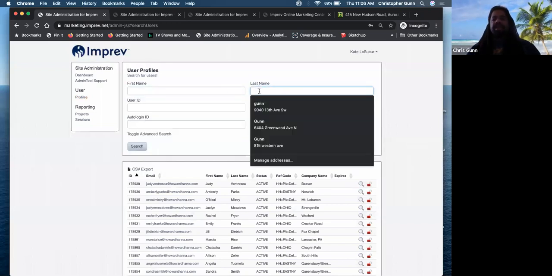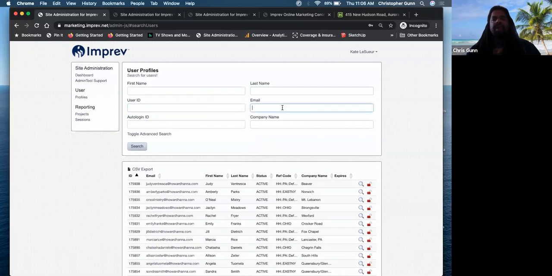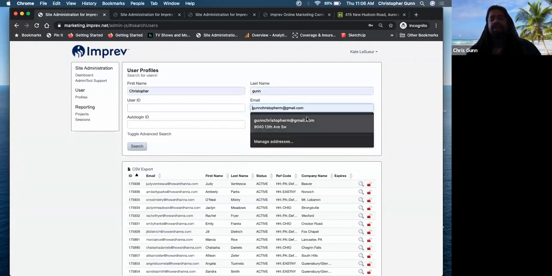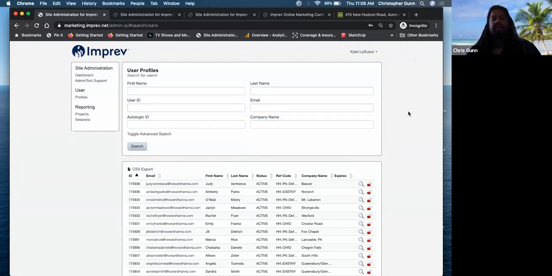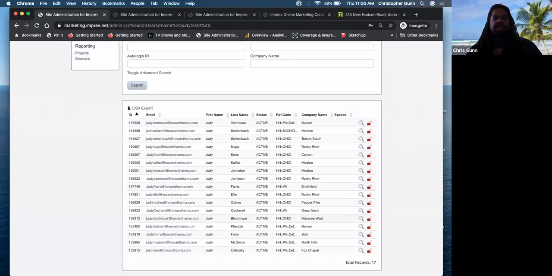So first name, last name, their user ID, you're not going to need to know that, or email. And so I recommend using email. That's going to be the most effective way to find somebody, by putting in their email, but you can also use their first or last name. And so I'll give you an example. If I was looking for Judy, it's going to show me all the applicable Judys, and I can just select the one I'm looking for